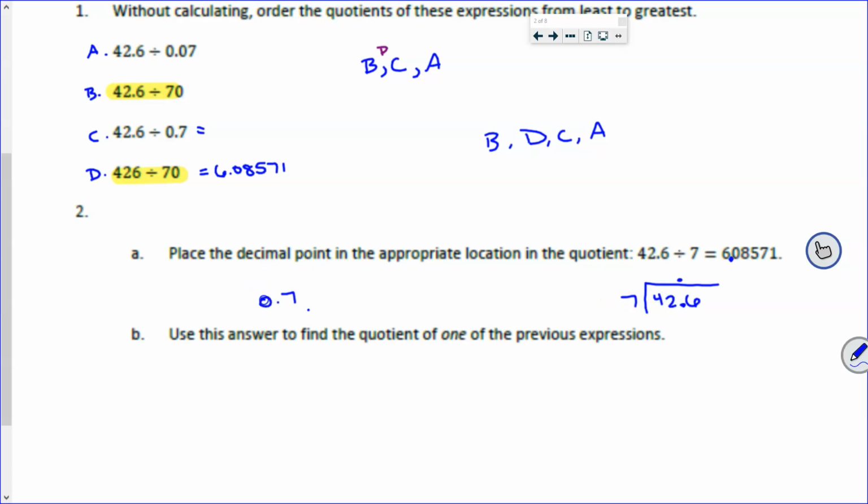So you didn't actually do the division, but you kind of set it up like this. 42.6 like this. And then you said, hey, I know where that decimal's going to go. Good. We need to make sure that our decimal